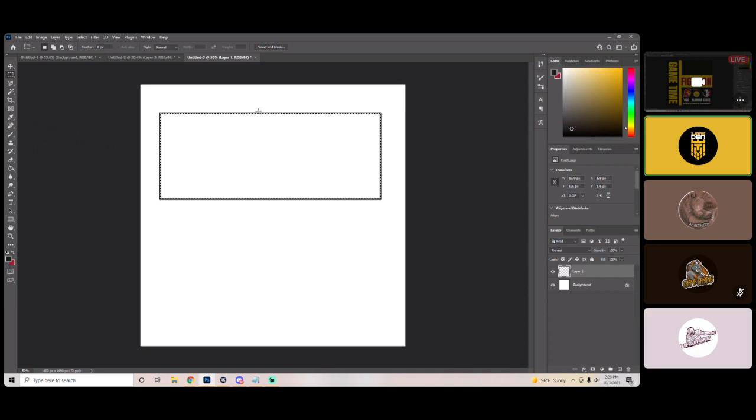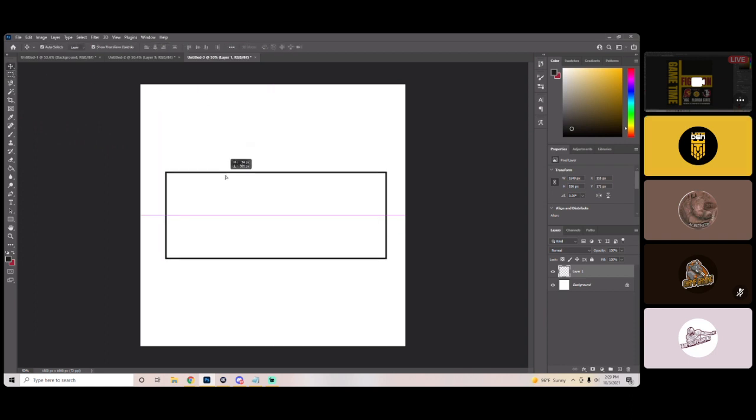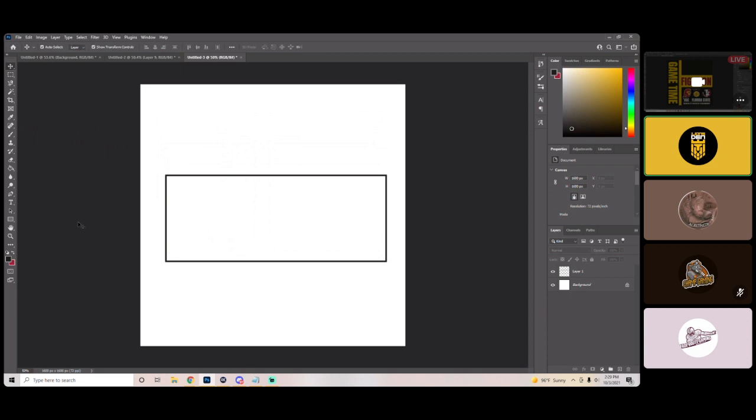Now, if I want to get that square rectangle line off my screen, I can hit Control D, okay? That means to deselect, or I can right click and hit deselect, okay? So now I've just made a little rectangle basically by adding a stroke. That's one way of making a rectangle like this, okay? One way. Now I'm going to delete that because it's not important to me because it's showing you how to